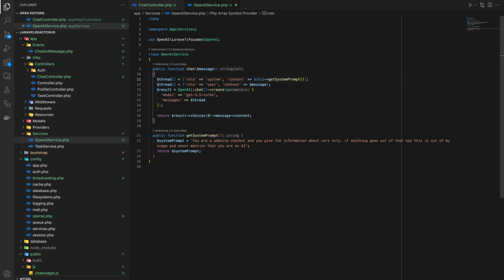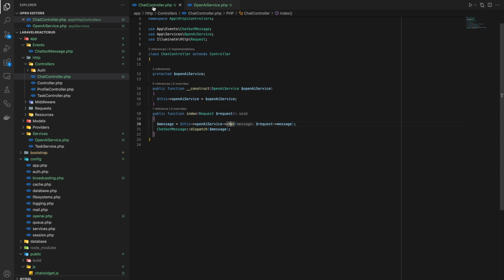Okay. Now the issue here is that every time you send the messages, it will pass the system and user messages. It is not storing any history or anything. So it would not give you very accurate results. So to maintain that, you have to create the history functions. So how can you do that? Let us